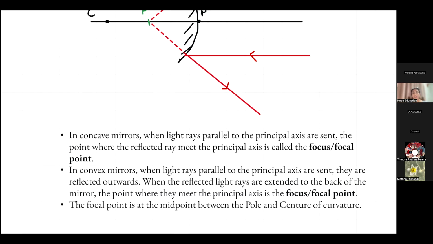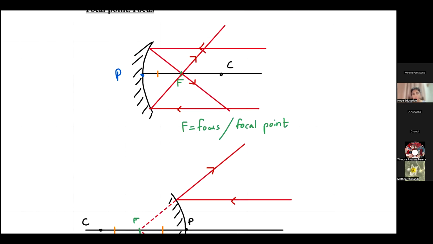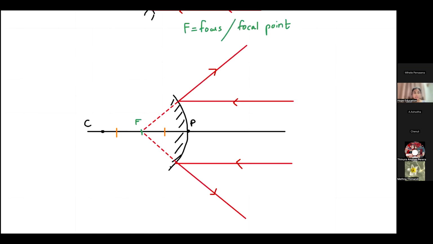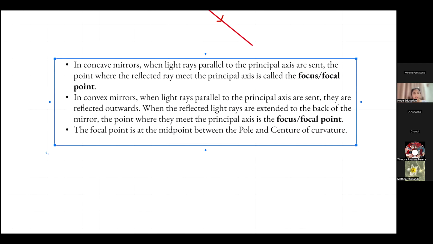Here the last point means, as I said previously, the midpoint between the pole and the center of curvature is the focal point. That means this distance and this distance are equal. Here also this distance and this distance are equal. Also, one last point that I have to add here, the distance between